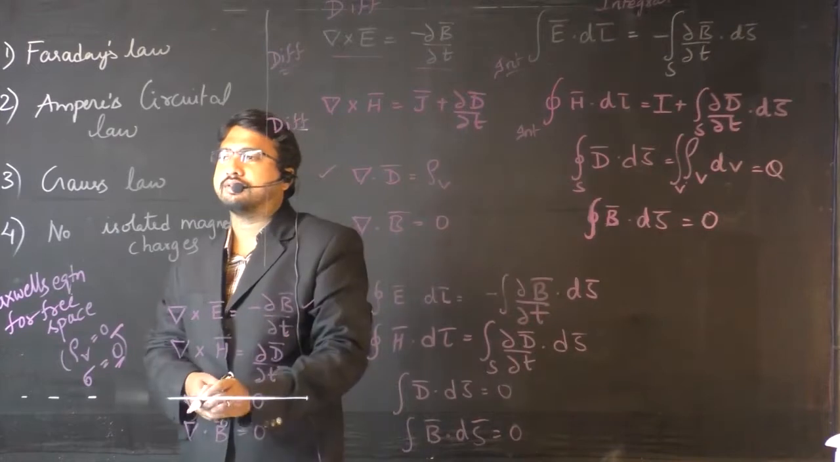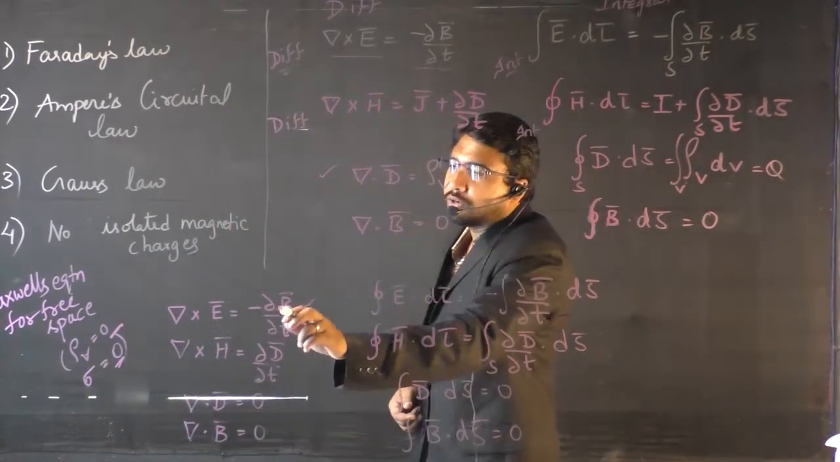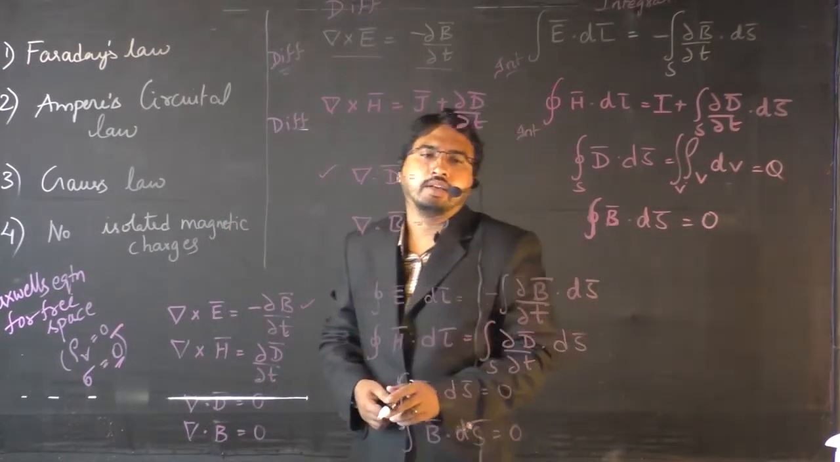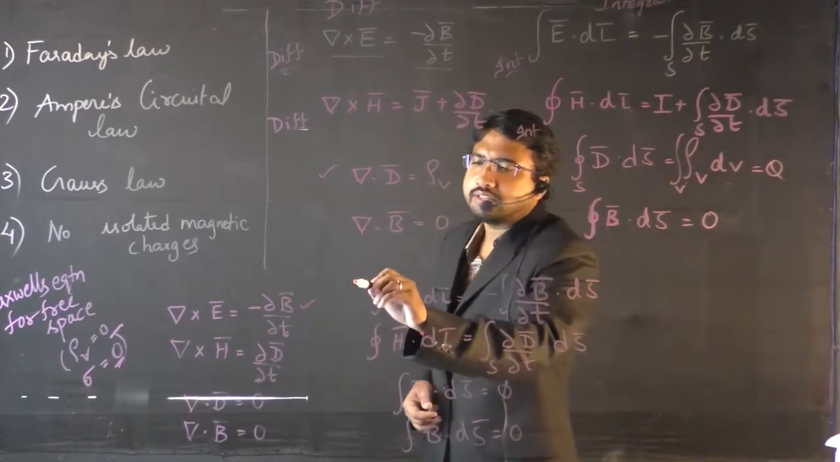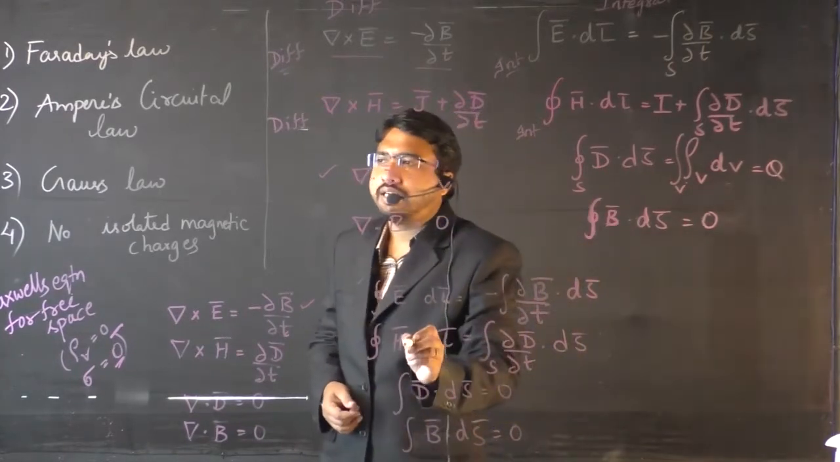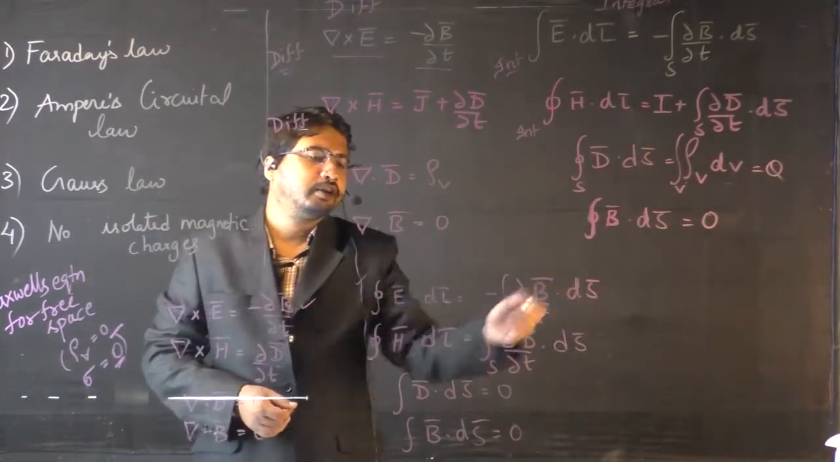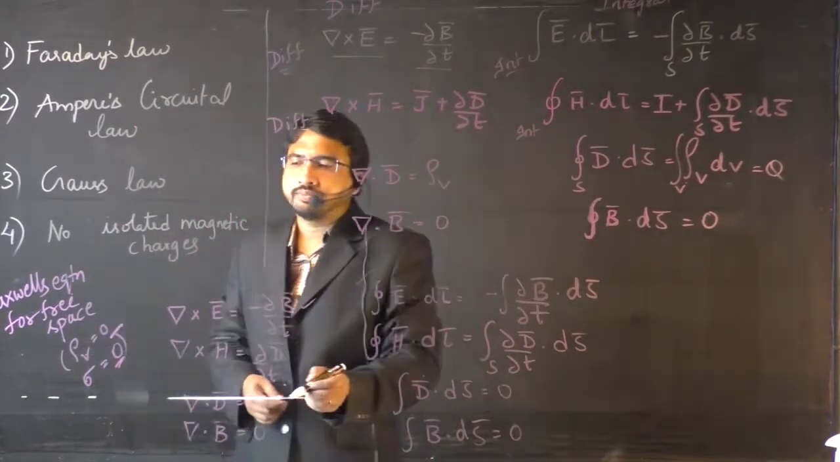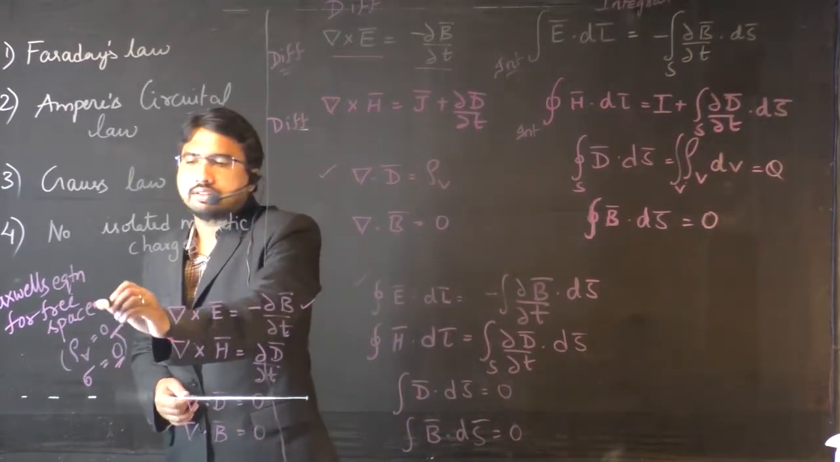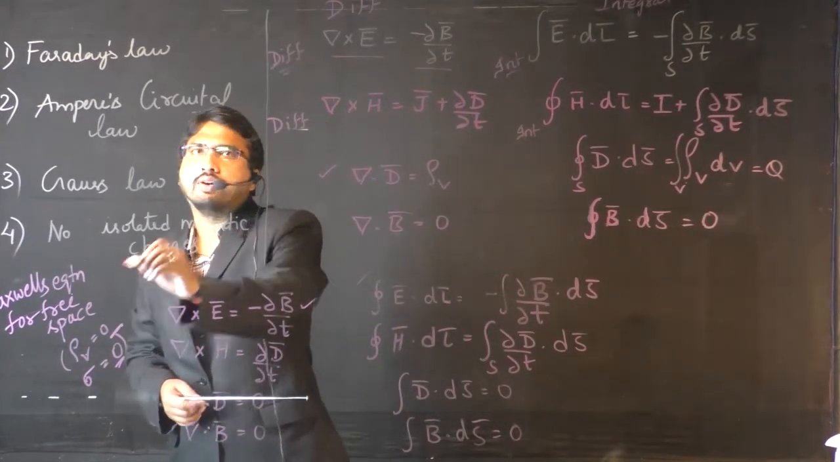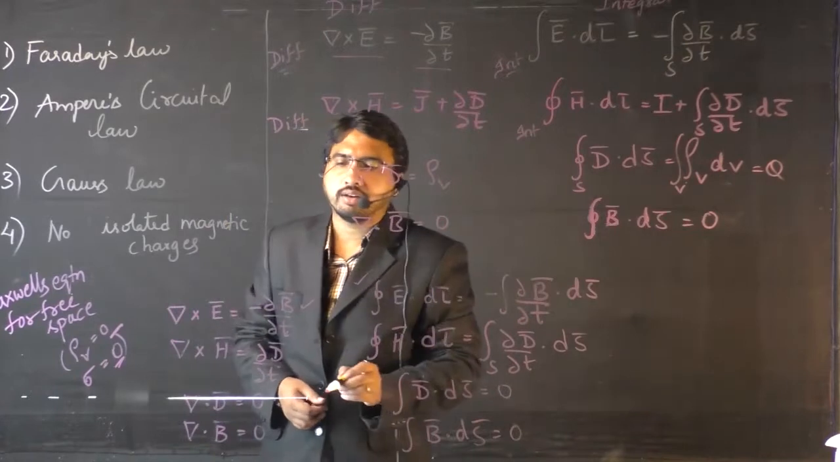Del cross E bar is equal to minus dou B bar by dou T. Okay, and here this integral form will also be the same: integral E bar dot dl bar is equal to minus dou B by dou T dot ds bar. Next, as we are saying that this is present in free space, your second Ampere circuital law will be modified